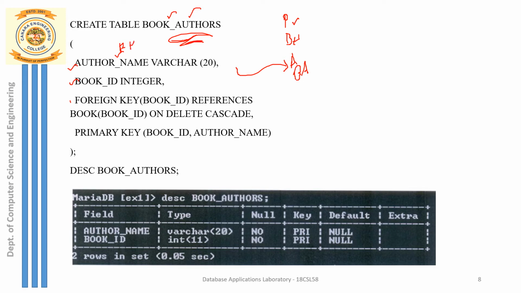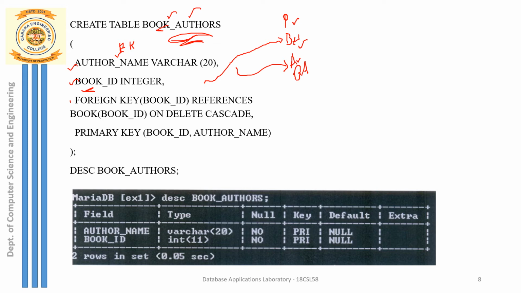And the next attribute you can note here is book ID. From where did I get this book ID? Did I already create the table called book? Yes. So this book ID has been derived from the book table. Author name was the primary key in the author table, book ID was the primary key in the book table. But here book ID must be a foreign key, and author name also must be a foreign key. You should clearly mention that. But remember one more thing, every table should have a primary key, right?